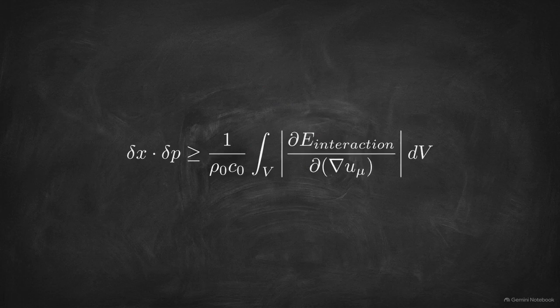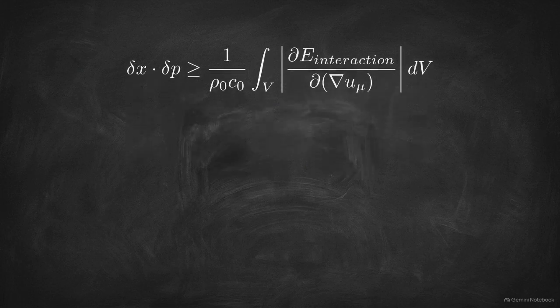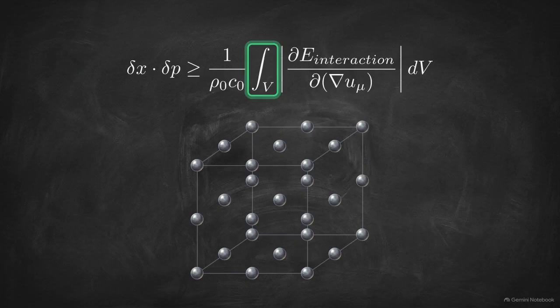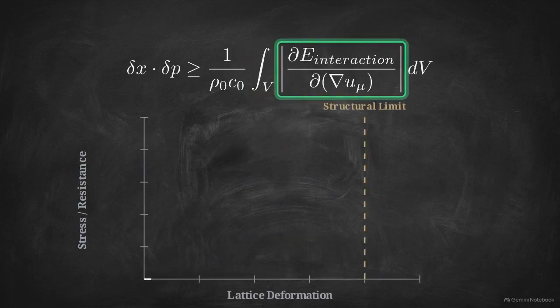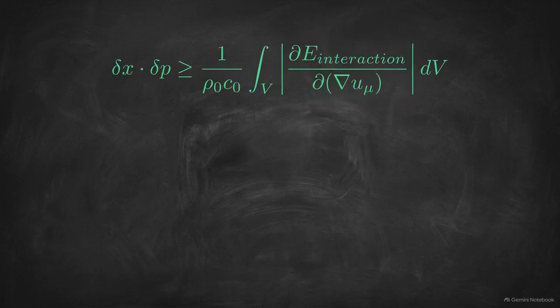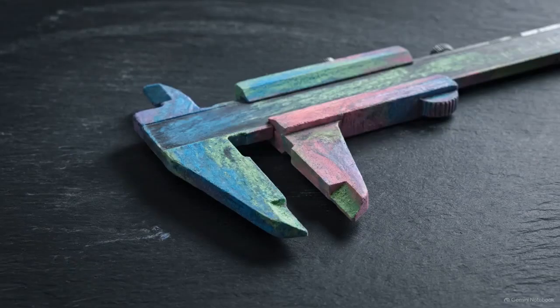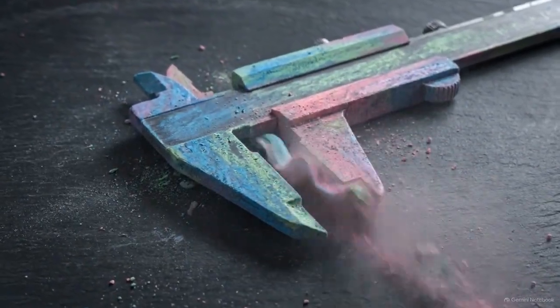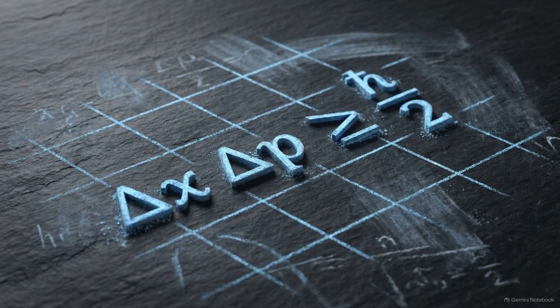Georgiadis's fundamental precision bound maps these material constraints. The left side represents the minimum possible increments of space and momentum we can resolve. On the right, the integration volume defines the physical space where the probe and target interact. The strain energy density gradient dictates the steepest curve the lattice nodes can sustain. This gradient defines the minimum resolution of any measurement. You cannot measure a feature smaller than the deformation wavelength of the material your instrument is made of. Hyperelastic material properties of the vacuum itself establish the rigid floor for mathematical uncertainty.